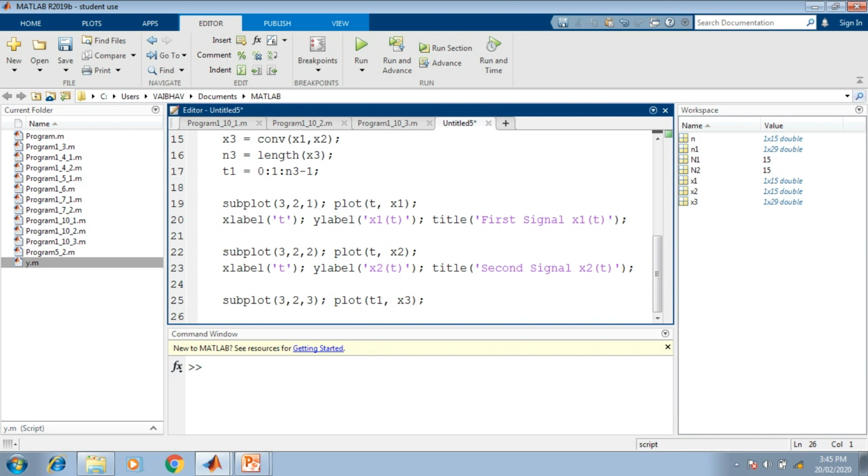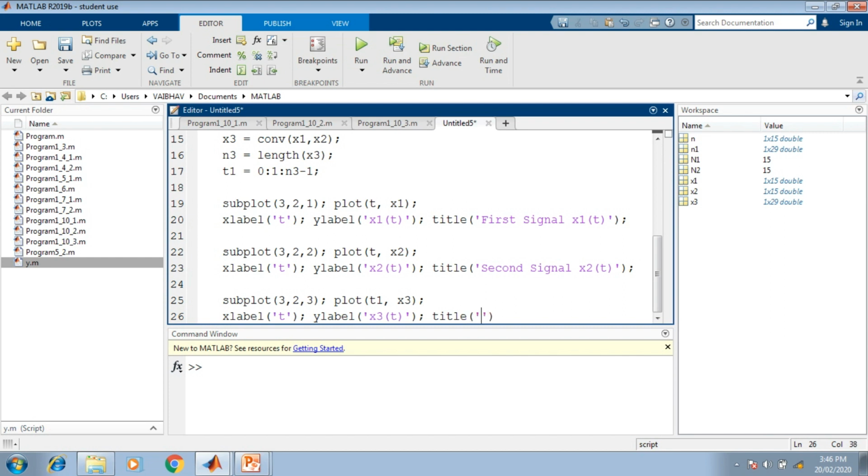Then a labeling part, x label, we have the parameter t, then y label we have denoted it by x3 of t here, and then the title.